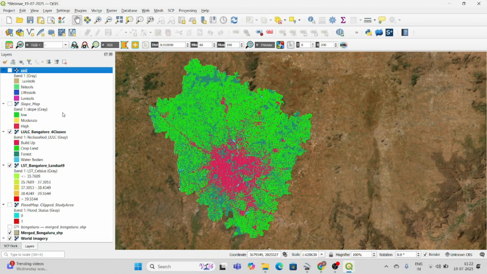In Bangalore, I'm staying in a separate area which is cool, the temperature is much lower, and flood will not affect it. I will choose that. If it is a highly polluted, populated, urbanized area which may be affected by flood at any time, I will definitely not choose those areas.